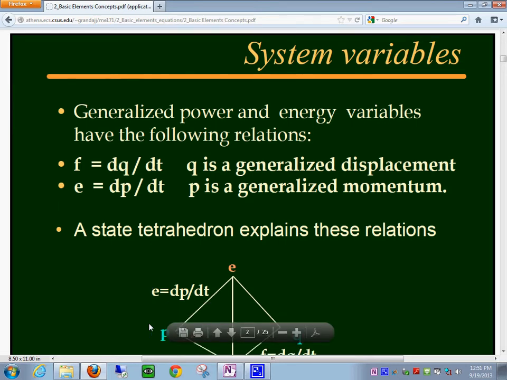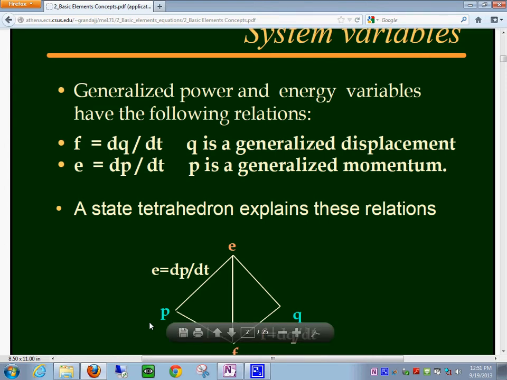Now, if we generalize the power and energy variables, we should be able to establish some relationships between them. And that leads us to this famous picture called Paynter's tetrahedron of state, which means that if you put the effort and the flow here on this,